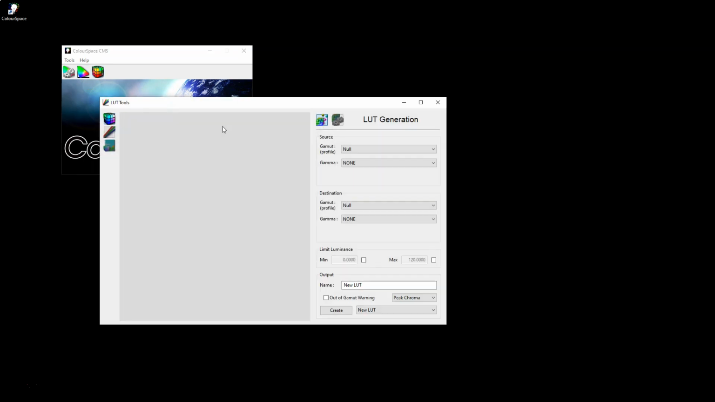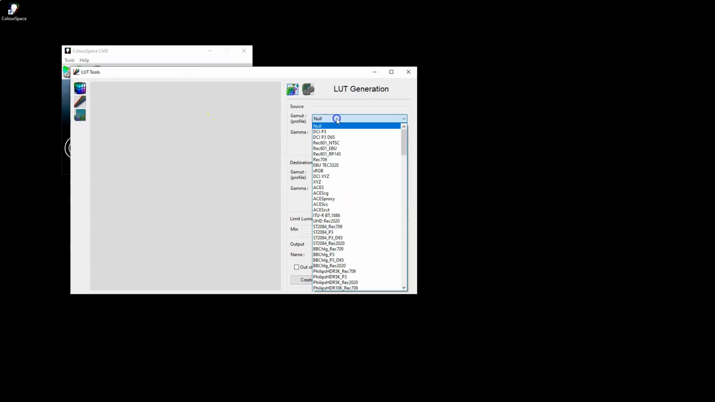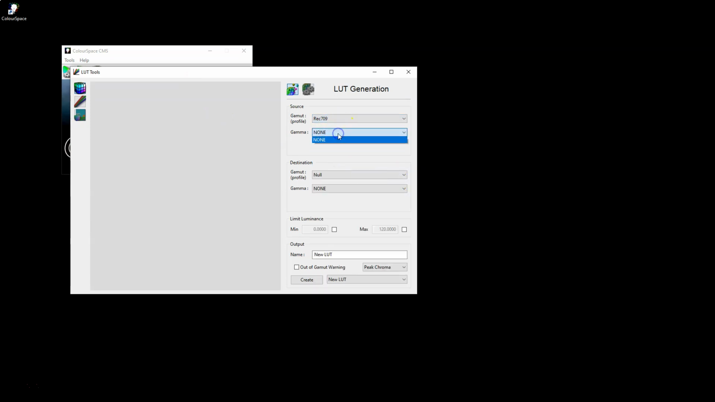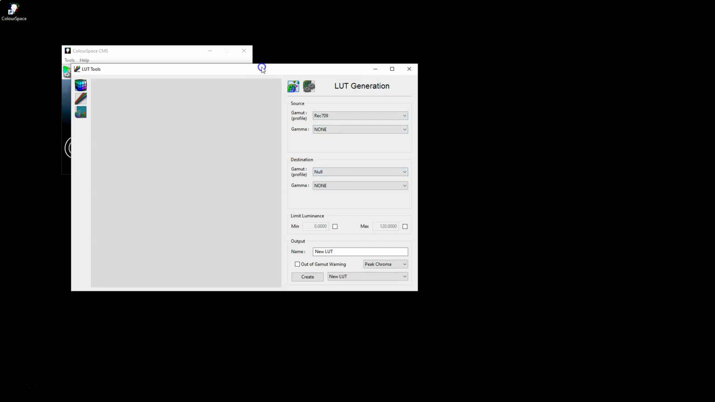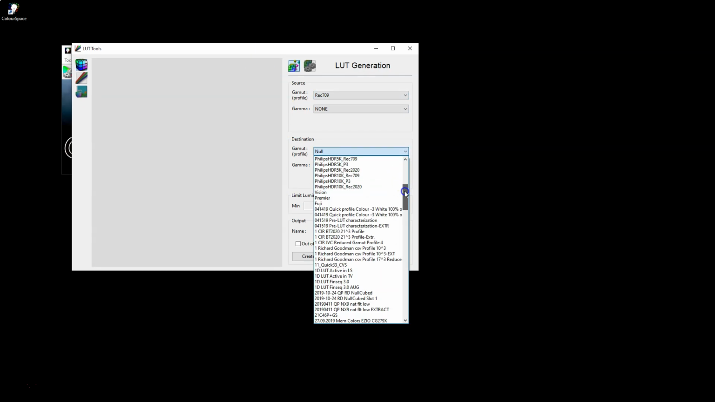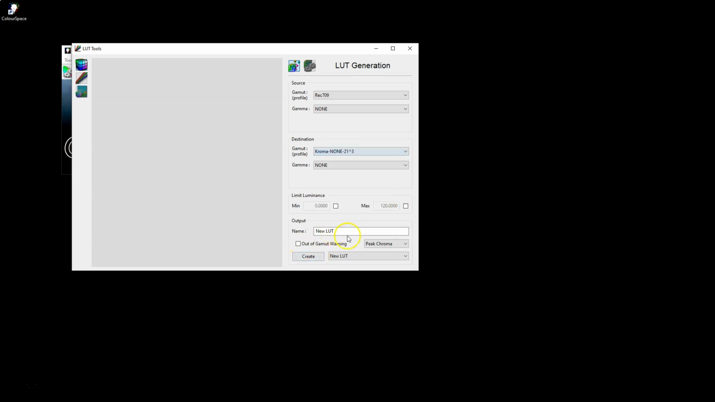And LUT generation, if we use that same profile, is pretty much the same as in ColourSpace. So we're going to target Rec 709. Again, the gamma has not yet been separated from it, and obviously we're going to use our chroma profile. We will create it just as a peak chroma,